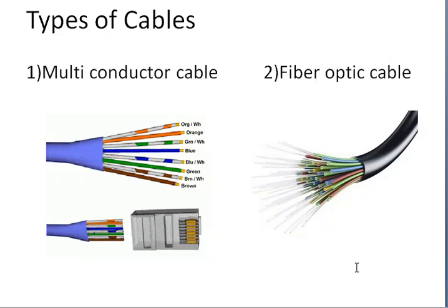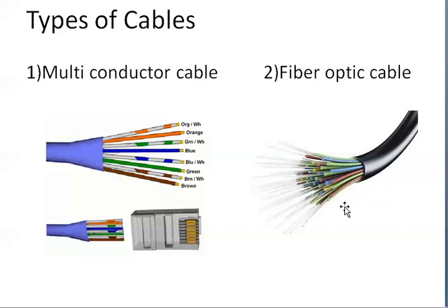And coming to the fiber optic cables, these are widely used for data transmission as the bandwidth of fiber optic cable is very high. In this type of cable, the signal is transmitted in the form of light. Fiber optic cable has a bundle of glass threads. See here, these are looking like glass threads. From this, a conductor is passing out. So this is called a fiber optic cable. These can be used for transmission of data.